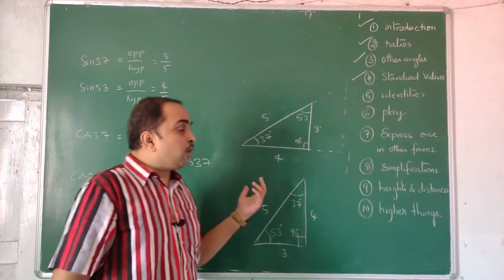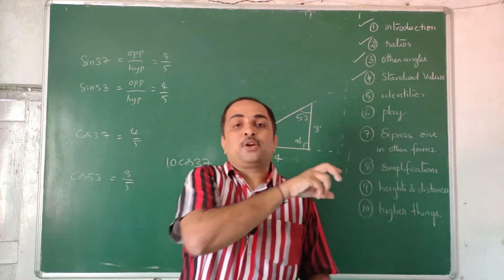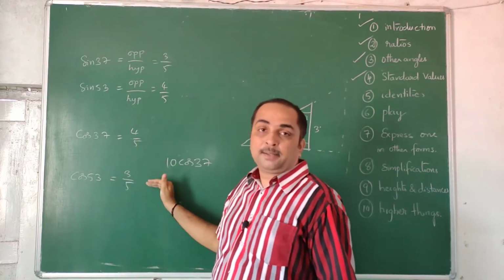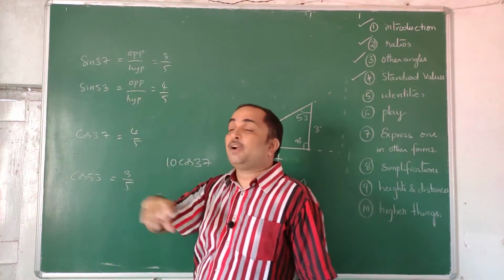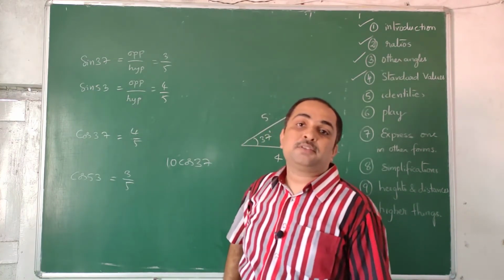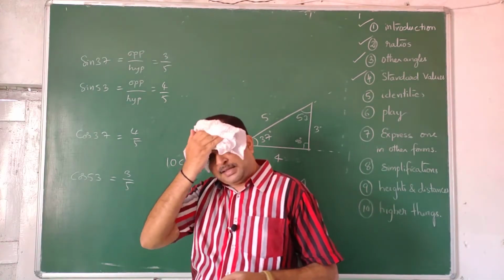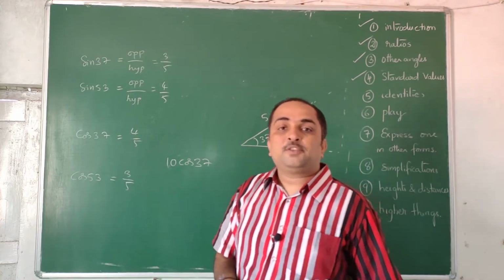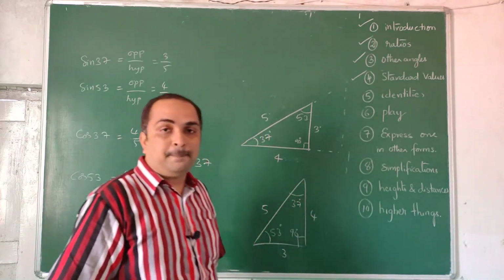You may ask, why don't you incorporate this in the table? That table, to memorize, we created a technique, 0, 1, 2, 3, 4 kind of thing. This will not fit into that technique, so these are to be learned separately. Between 30 and 45 you have 37, between 45 and 60 you have 53. So those two angles are to be learned separately. Like that, in future there are also 18 degrees and 90 minus 18 degrees, 15 degrees, 90 minus 15 degrees. Such things we are going to do in trigonometry. They have to be learned independently. The technique has been created which is applicable for that particular table of standard values, not for every table.